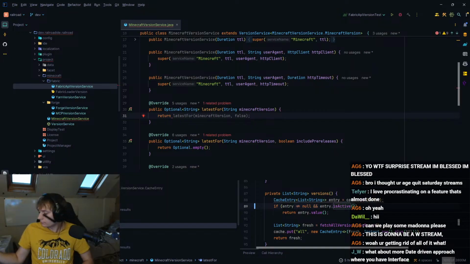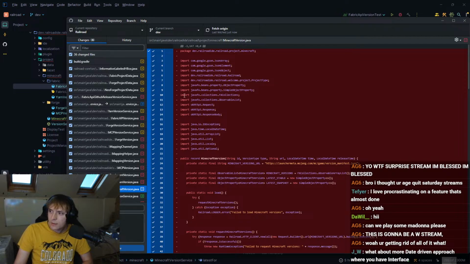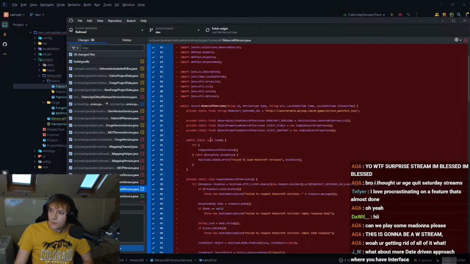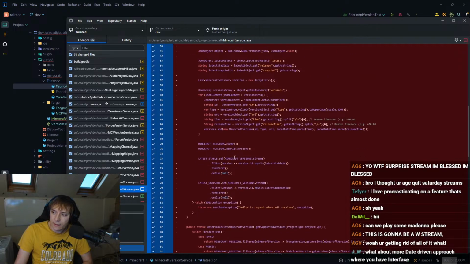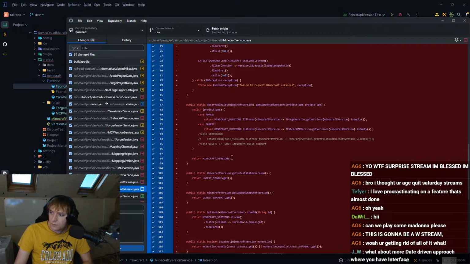Interesting. I forgot that's how this works. Okay, maybe we should keep it then. Maybe we should keep Minecraft version. Let's have a look at this real quick. See what this looks like. So yeah, see, none of this happens asynchronously, which is why it kind of lags the IDE a lot, which will obviously need to be fixed.